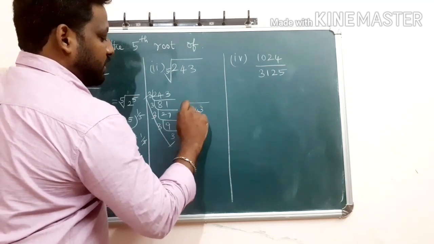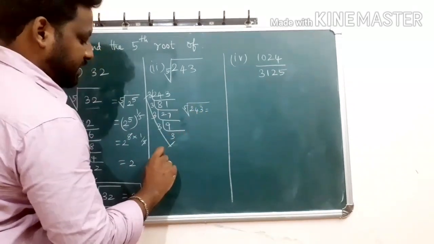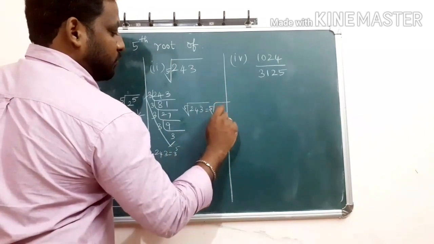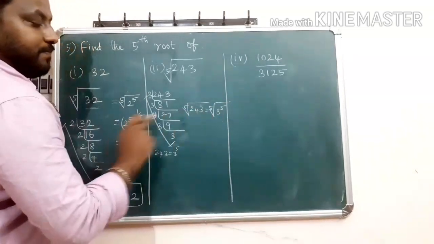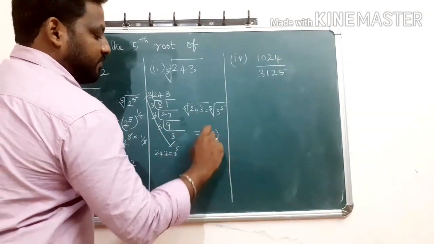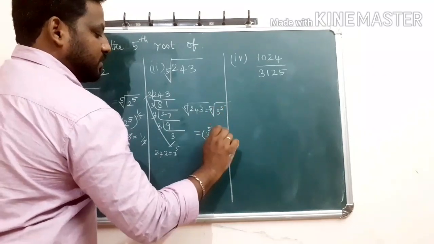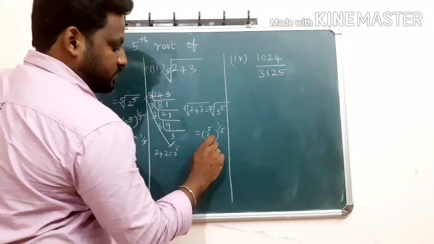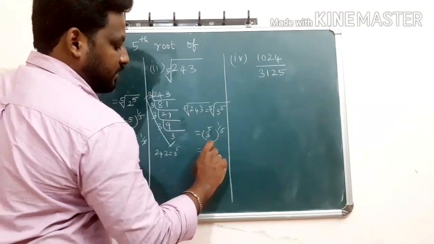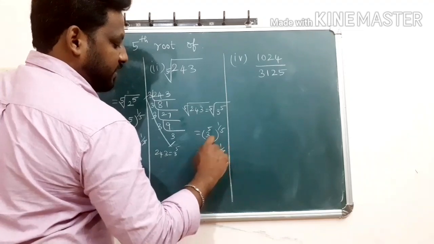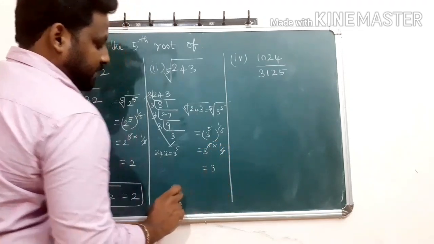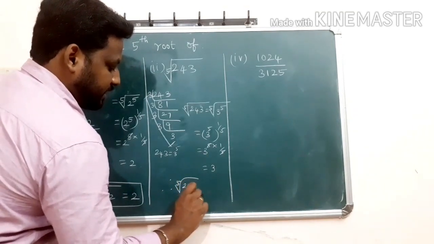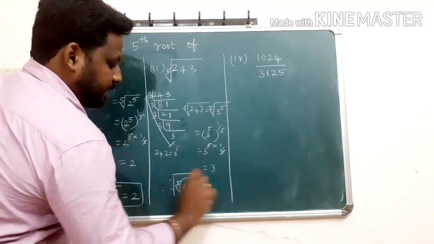So the fifth root of 243 is equal to, instead of 243 you write 3 power 5. So it is the fifth root of 3 power 5. Same, 3 power 5, the whole power 1 by 5, because the fifth root value is 1 by 5. So same, a power n, the whole power n. So 3 power 5 into 1 by 5, 5 will be cancelled, which is equal to 3. So therefore the fifth root of 243 value is equal to 3.